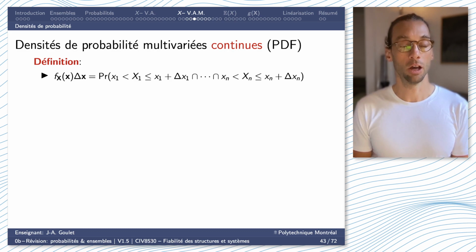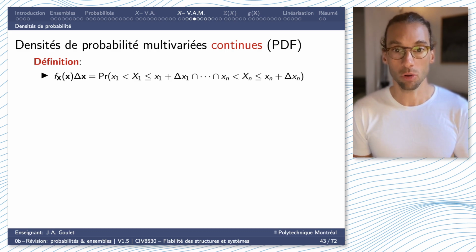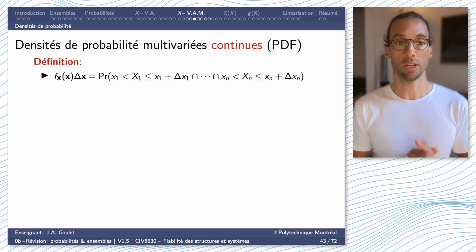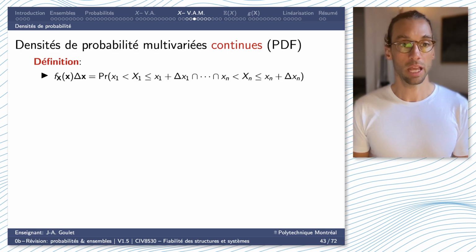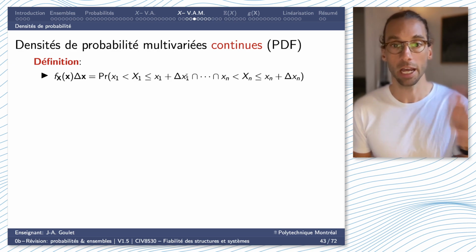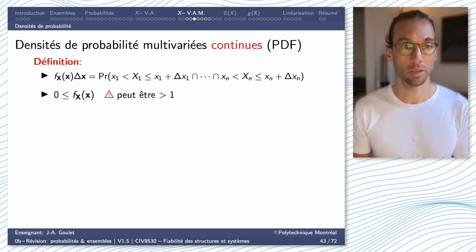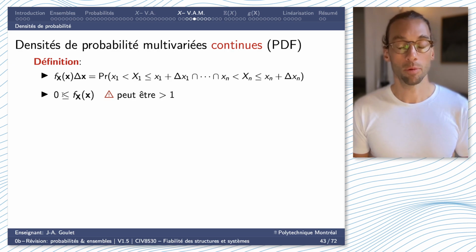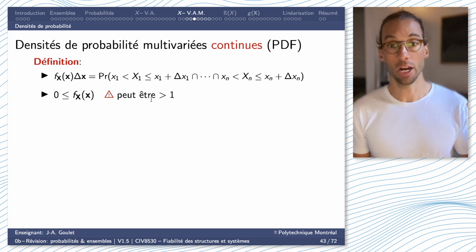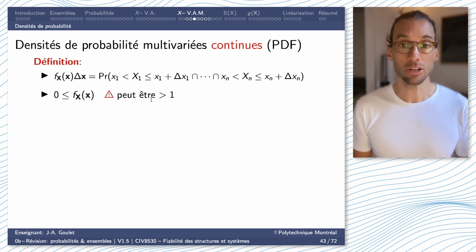Now, if we do the same thing for continuous random variables, the representation of multivariate random vectors. I can represent f of x times delta x by the probability that x1 is between x1 and x1 plus delta x1. I can do this for all n random variables. As a property, my joint PDF must be greater or equal to 0. And keep in mind again, it can be greater than 1, because what matters is that the integral underneath my